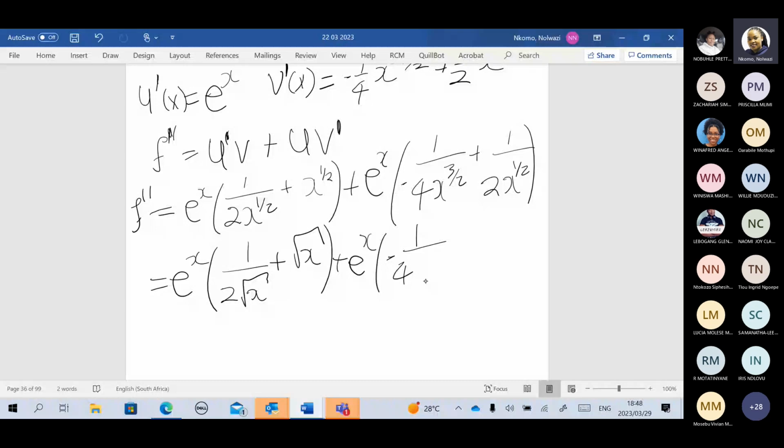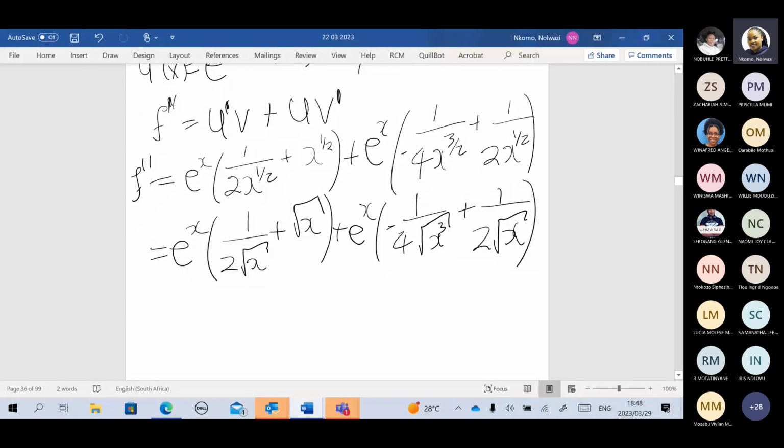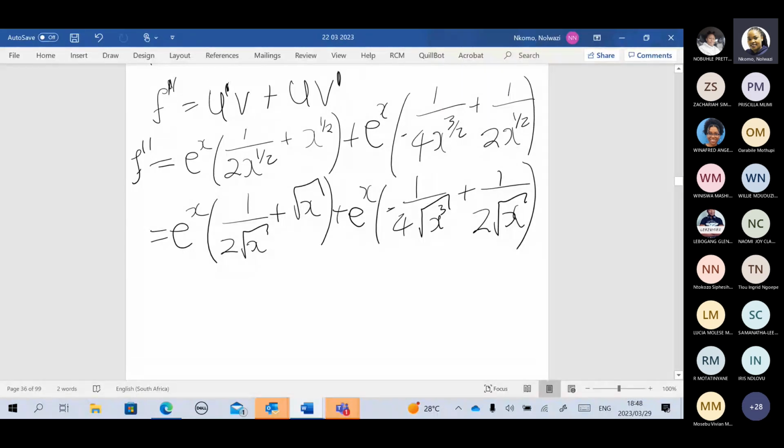So you can't leave your function like this if f prime prime was the final answer. You still have the common factor, which is e to the power x, and if you take out e to the power x, you will get 1 over 2 root x plus root x minus 1 over 4 root x cubed plus 1 over